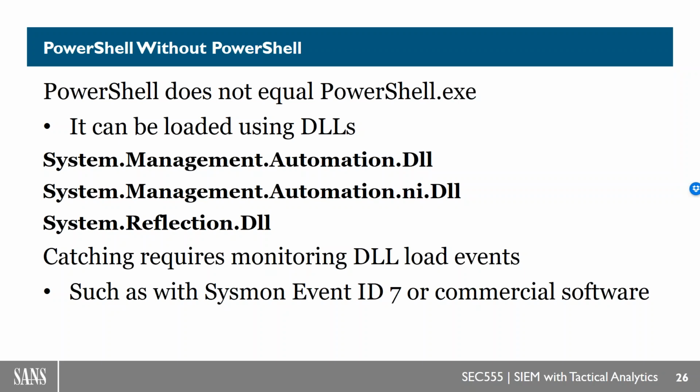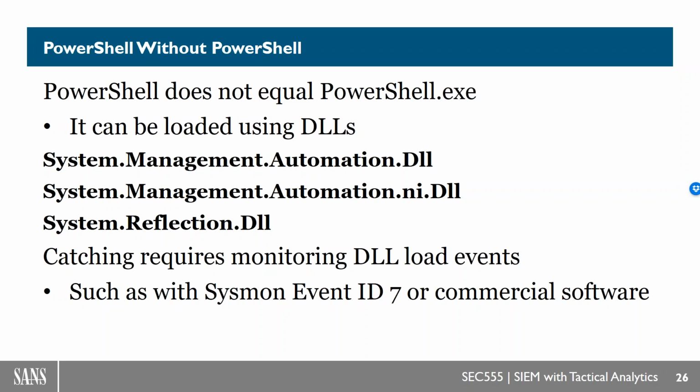Black Hills Information Security, fantastic pen testing company. They have a write-up that is pretty easy to follow on how you can do this yourself. Now, if you're launching PowerShell outside of PowerShell, that most likely means you're going to be missing some of the other logs, like the command line log, because it's going to be invoked a different way. All is not lost. What you need to catch this is just something that monitors DLLs. Most of your endpoint suites can monitor these. So what you're looking for is one of these DLLs being launched from something other than PowerShell.exe.